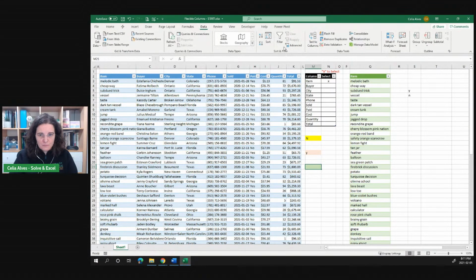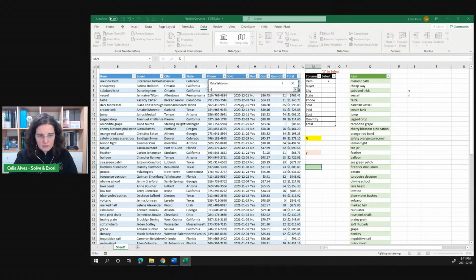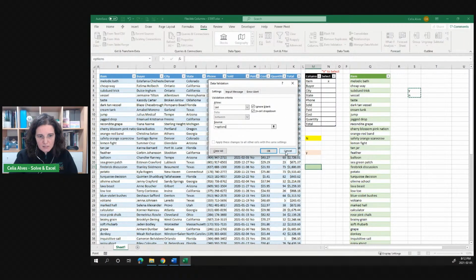So data validation, any value, list. If I come to the source and say, I need to type the equal sign, I believe. I point to this, yeah. So if I point to this range, because the range already has a name, it automatically picks up the name. So let's discard this